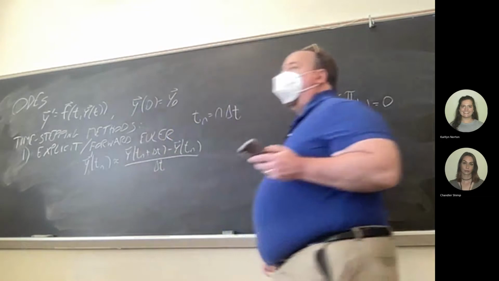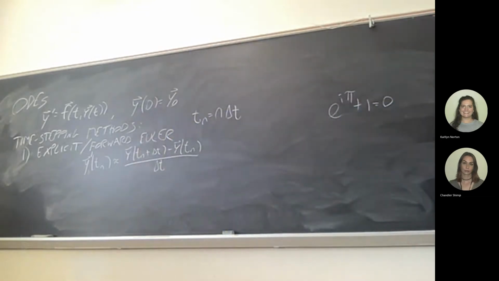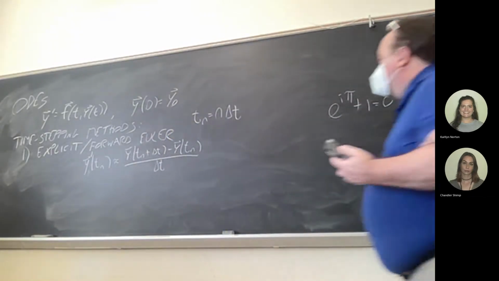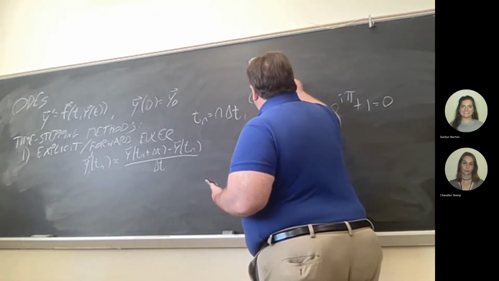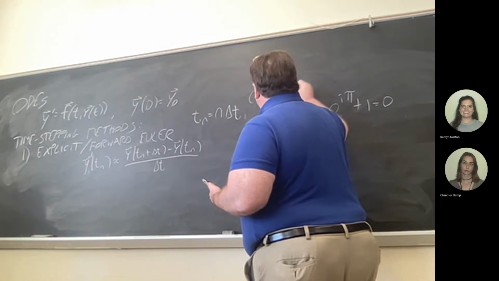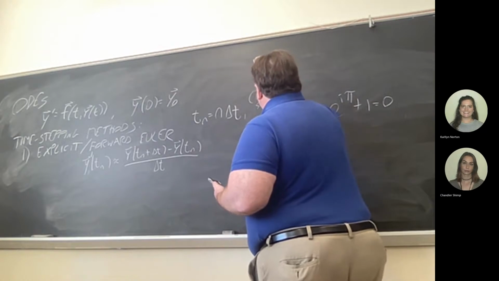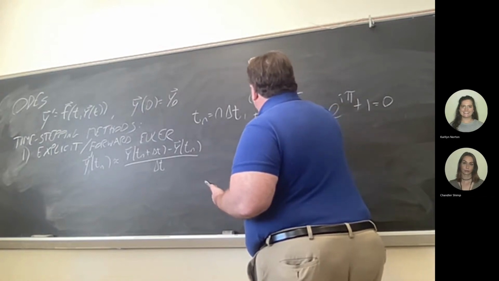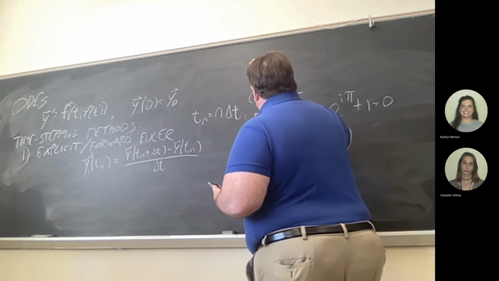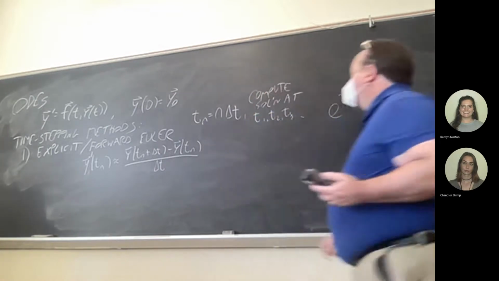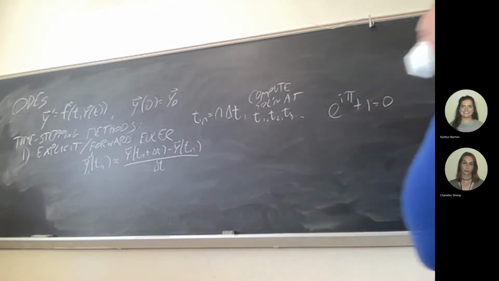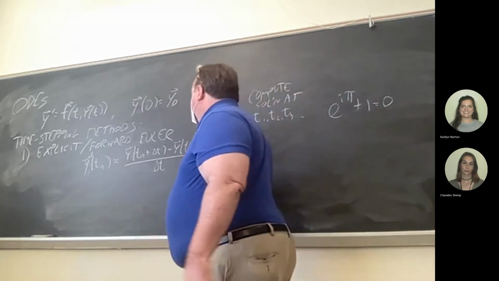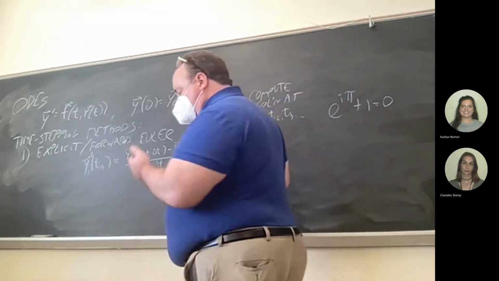So we're assuming a fixed time interval. These methods do not compute a formula for the solution as a function of time, but rather the solution at certain selected times, t1, t2, t3, etc., where t naught is just 0, which is where the initial condition holds. So to get from a solution at a certain time to the solution at the next time,